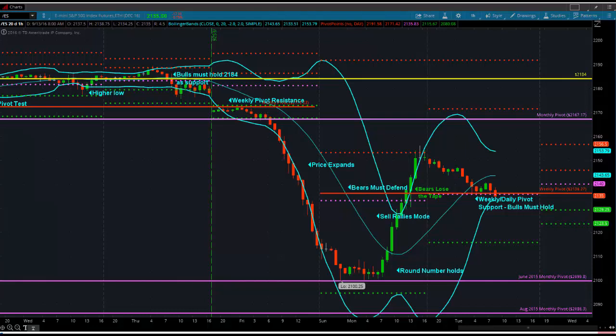Okay, E-mini, hourly chart, and I want to start with the hourly today because it just kind of defines where we've been. So we come out of the box on Friday, we go to weekly pivot resistance, and they train wreck it down. They find their footing right at the round number there, 2100. They trade there for most of the night, and the bulls were able to push up off of there